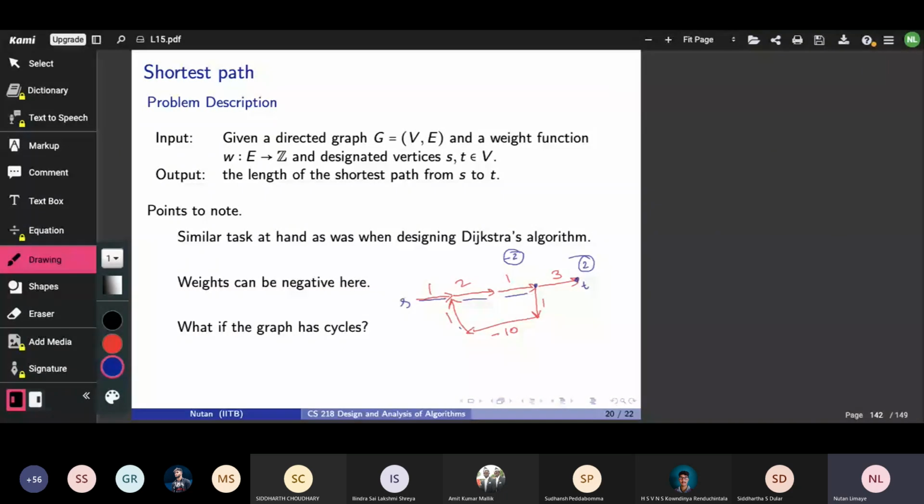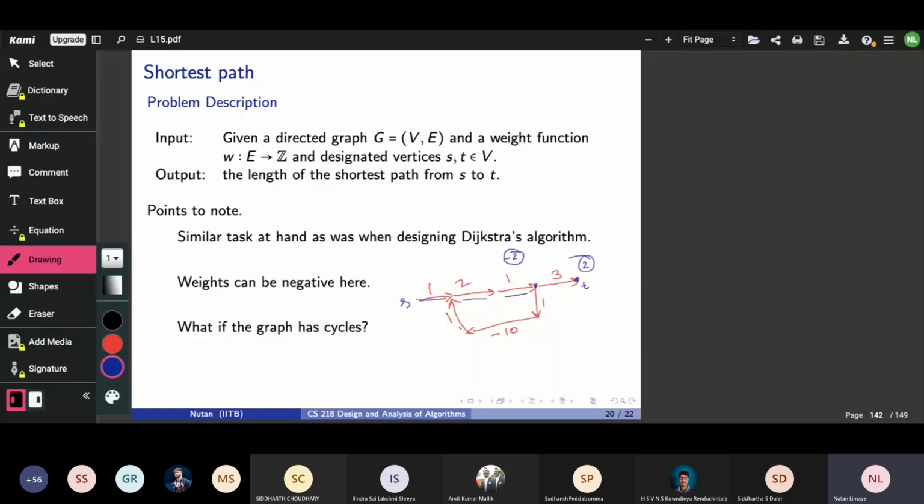And if you have such negative cycles in a graph along the way from point S to point T, then in fact you can make the cost of reaching T from S go to minus infinity by traversing this negative cycle infinitely many times. So in that sense, the problem is not that interesting if both these conditions are simultaneously present in the graph. Maybe the right question to ask in that situation is to find whether the graph has a negative cycle or not. Okay, we'll come to that problem shortly later.